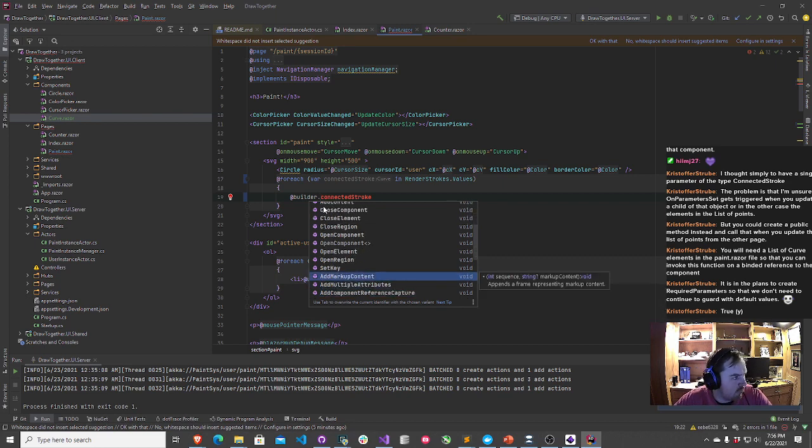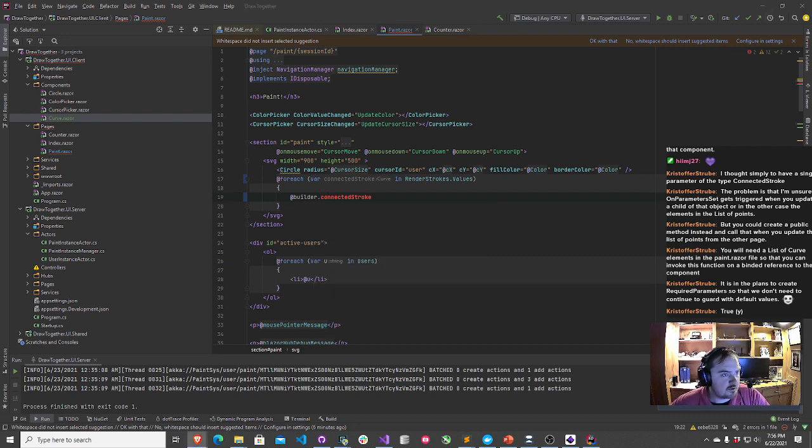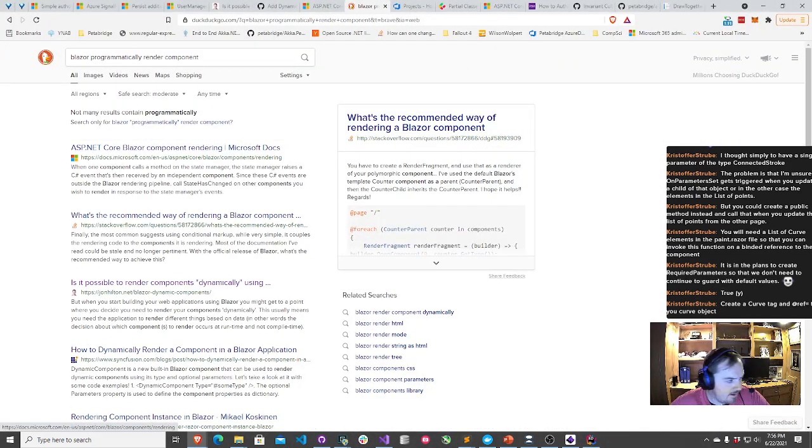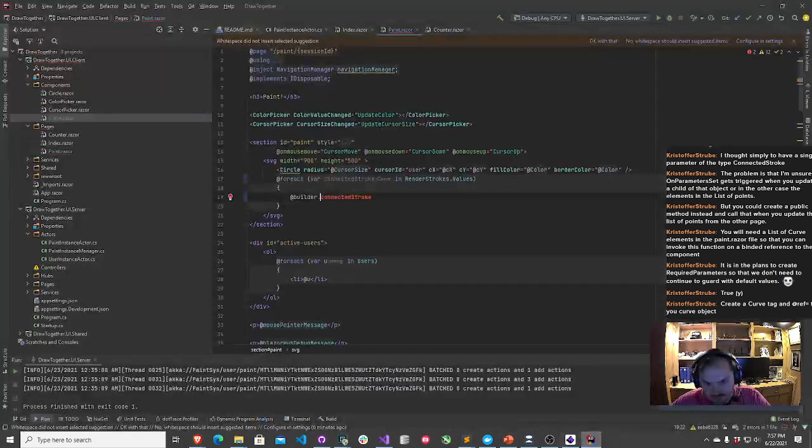Let's see, how would I go ahead and render this content here? Yeah, how would I go ahead and do that? You just create a curve tag and ref to your current object. All right, tell me if I'm doing this right.